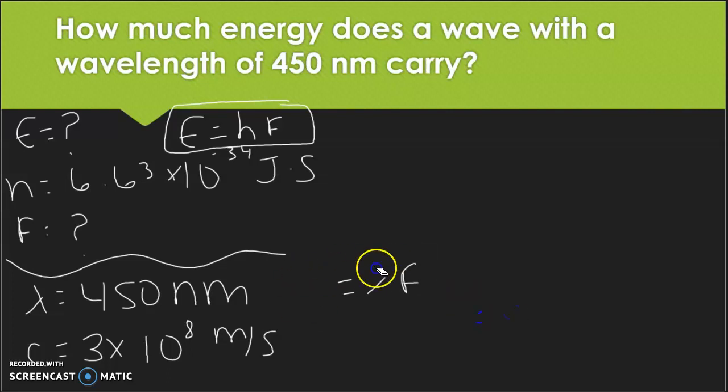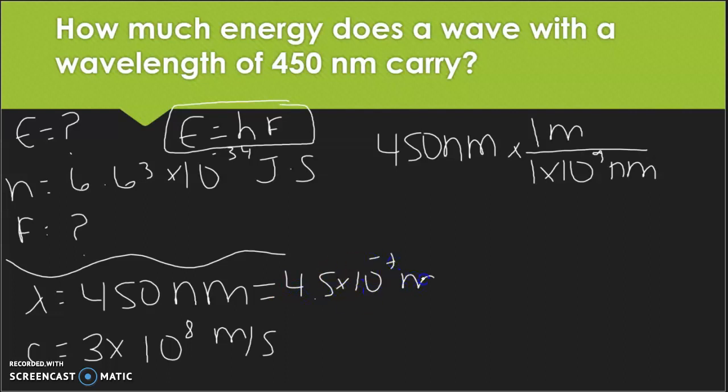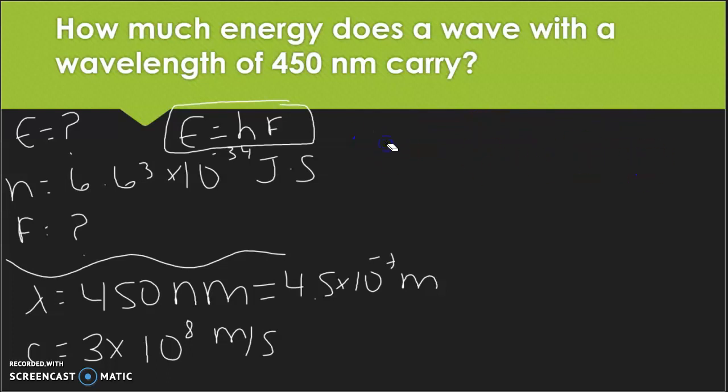Now I'm going to need to erase this because our wavelength is not in the correct unit. It's in nanometers. We want it to be in meters. So 450 nanometers times, in that conversion again, 1 meter has 1 times 10 to the 9 nanometers. That ends up equaling 4.5 times 10 to the negative 7 meters. Now that wavelength is in the correct unit,